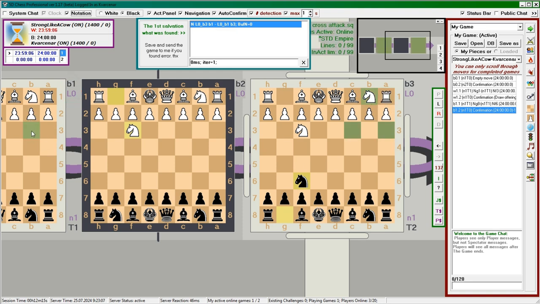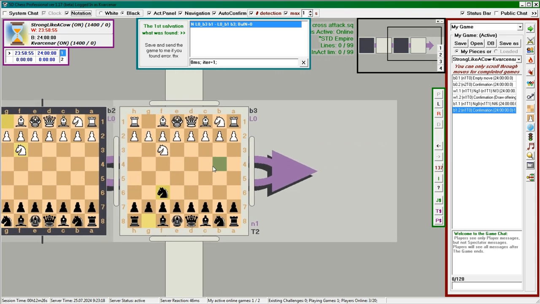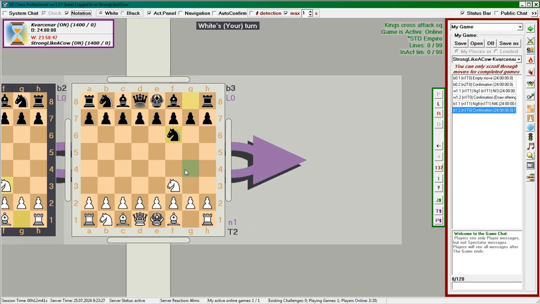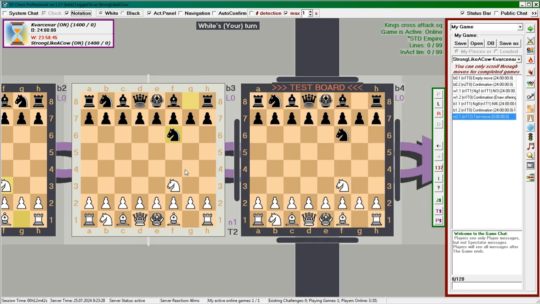What else needs to be said about the game interface? Right-clicking on the game battlefield, either on the board or on empty space, cancels the piece selection and frees the mouse. If there is no piece selection to cancel, right-clicking on the board creates a test board. On it, you can assess threats, see checks, etc.